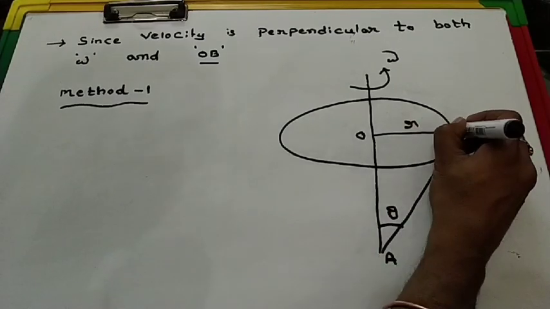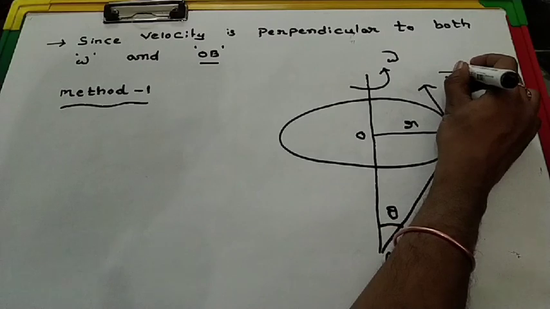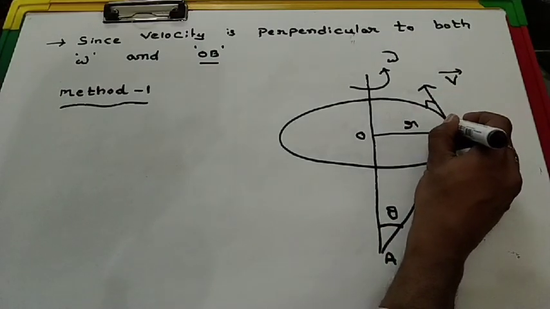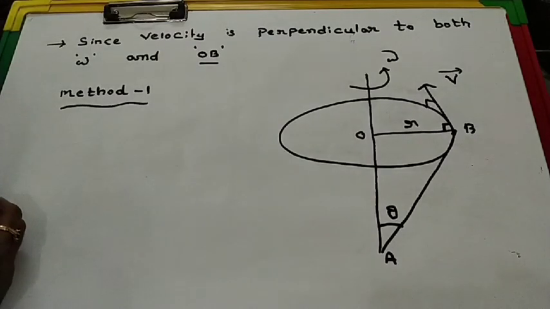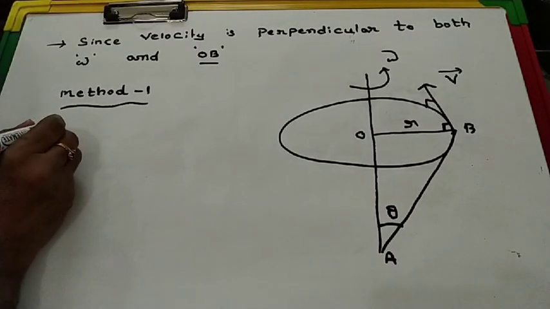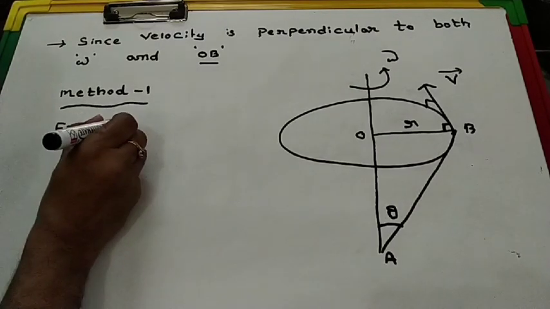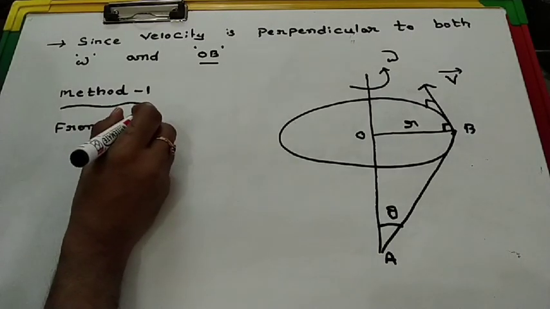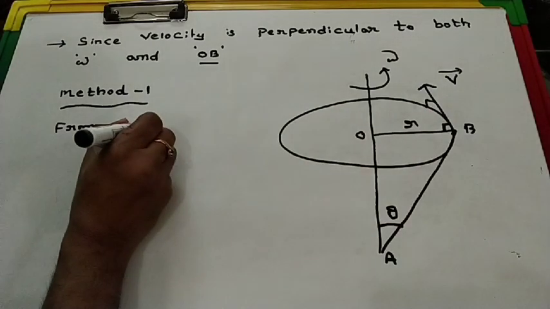This is R. This is velocity V, tangent. Now the angle is 90. Here also the angle is 90. From triangle ABO,